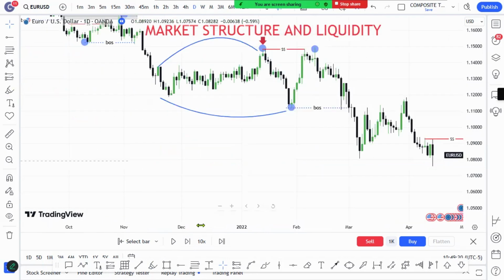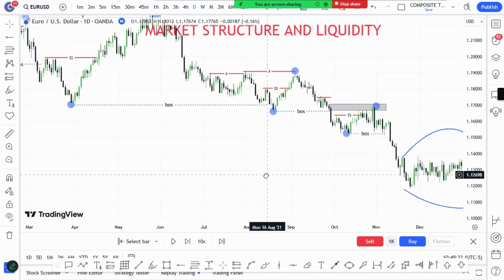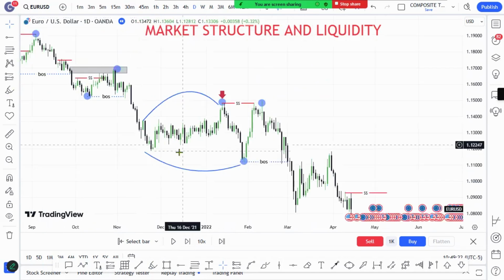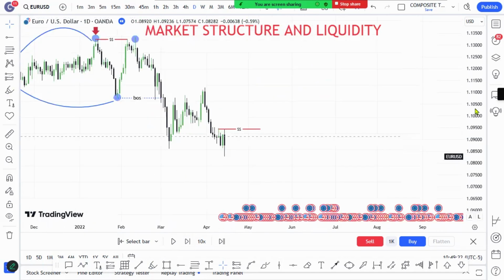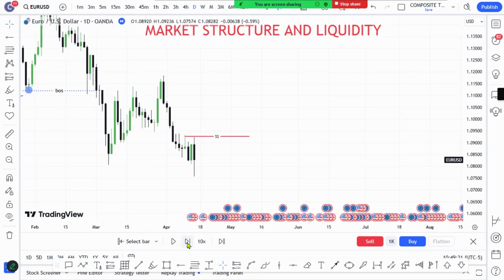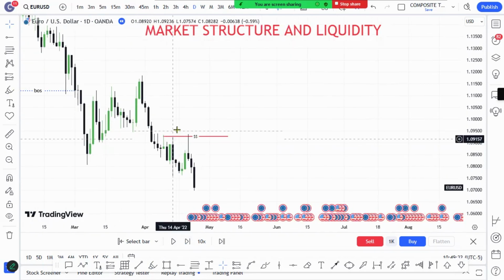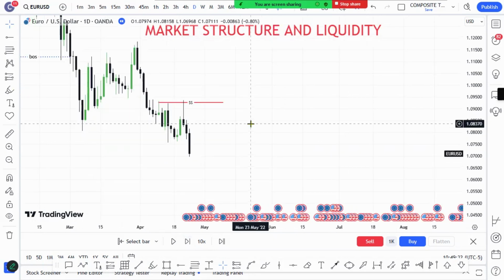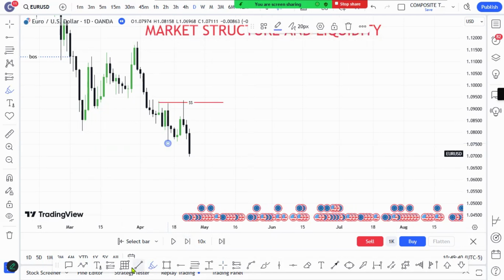I don't have a break of structure everywhere. There are some areas where I don't have a break of structure, like here. There's no break of structure here. So let's see what is here. Okay, liquidity, you see, taken out and the price pushes to the downside. So where do we have this lower low? And now we have our break of structure here.